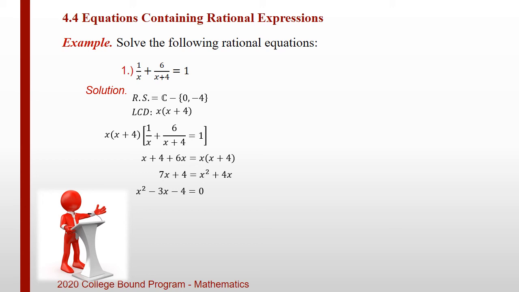Factoring the left-hand side yields the quantity x minus 4 times the quantity x plus 1 equals 0. By the zero-factor theorem, we can equate both factors to 0, giving us x equals 4 and x equals negative